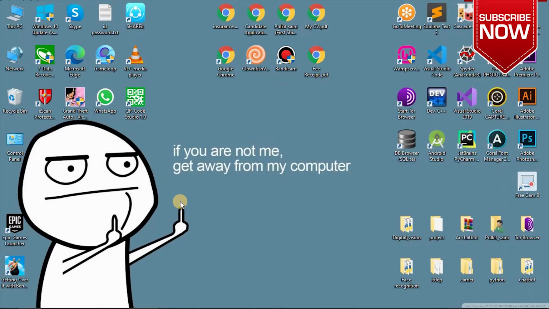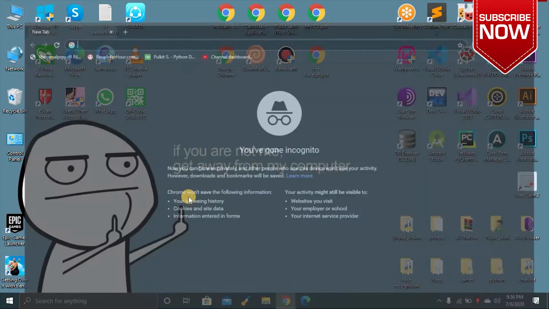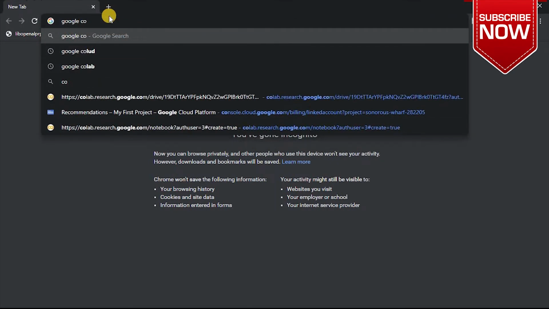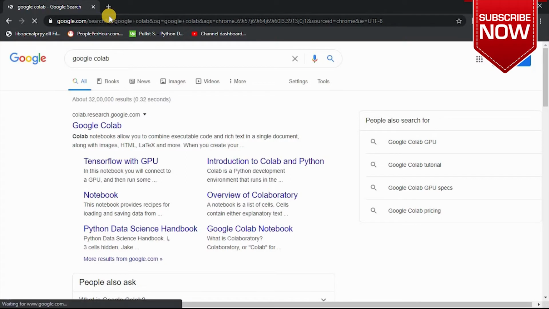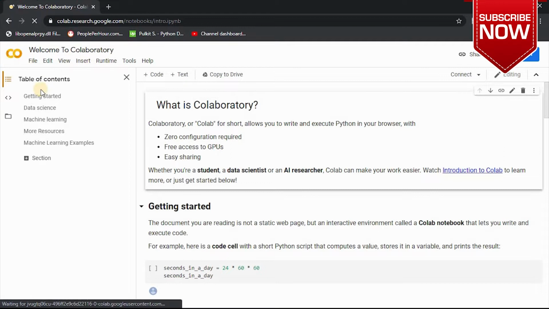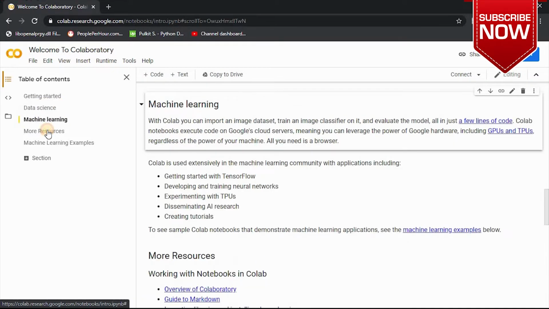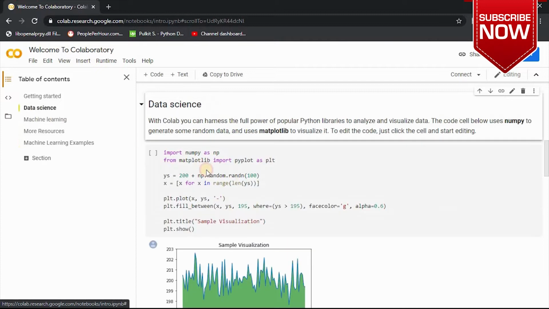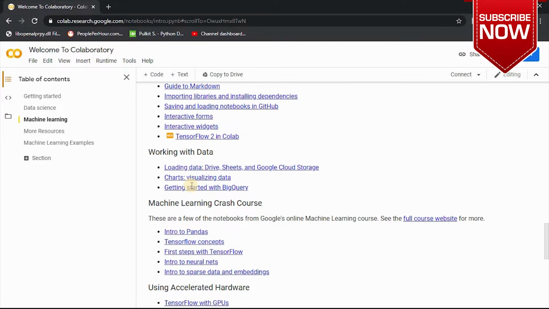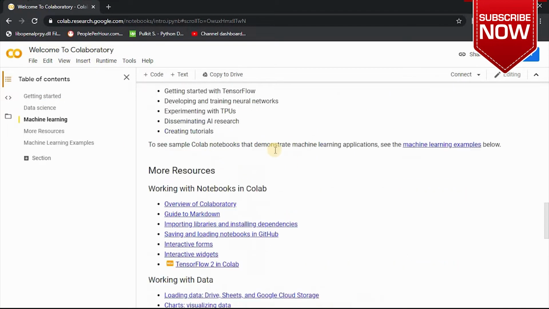So guys, what you have to do for running a machine learning program on your PC: first of all, you have to go to Google and search Google Colab. Google Colab is the technology where you can run any program without having a problem or any installation or configuration. You can check here, there are data science, machine learning, and more. You can search here, there are guidance or TensorFlow. You don't have to install anything. Most of the modules are installed here.